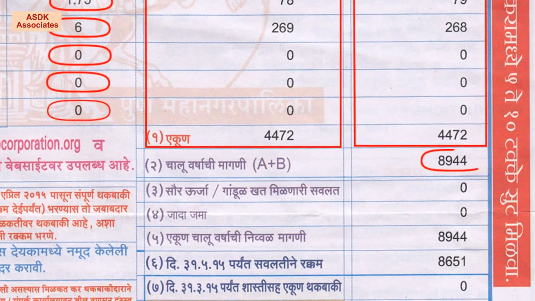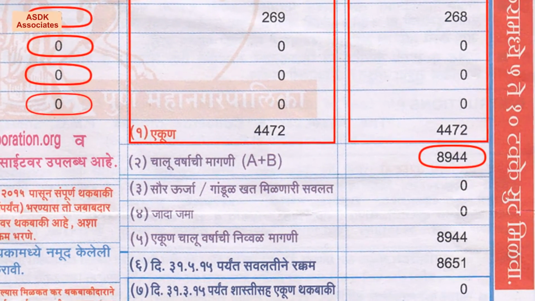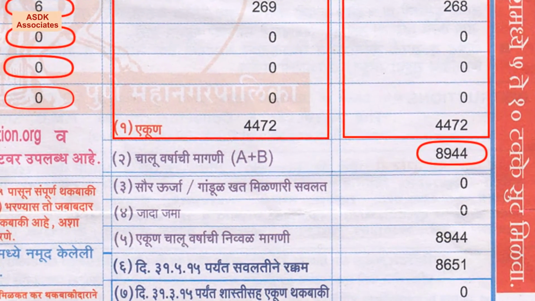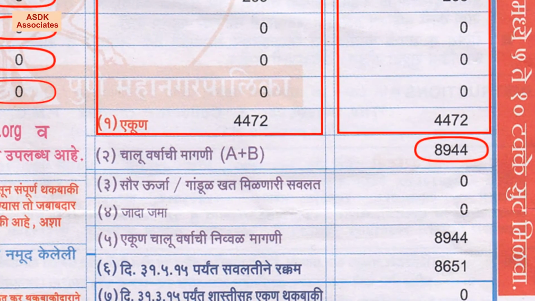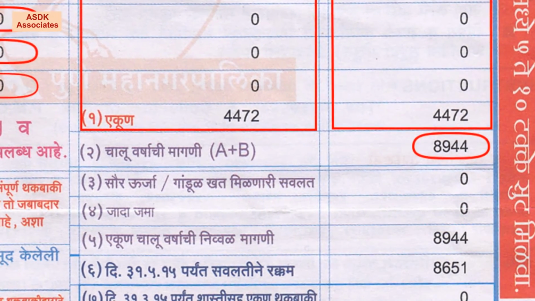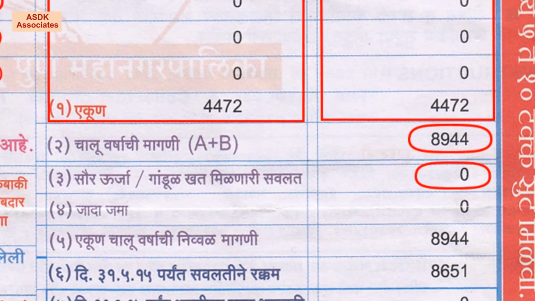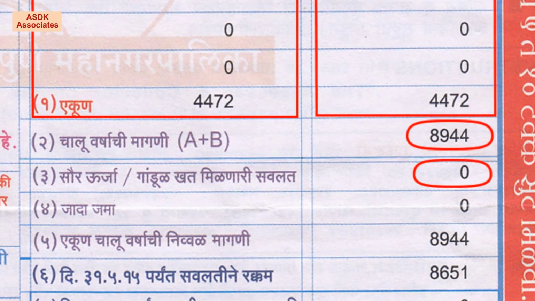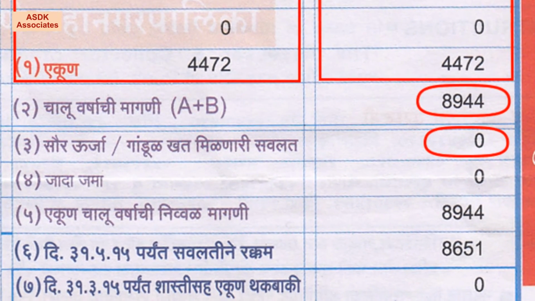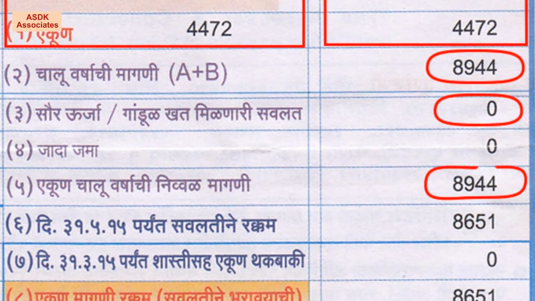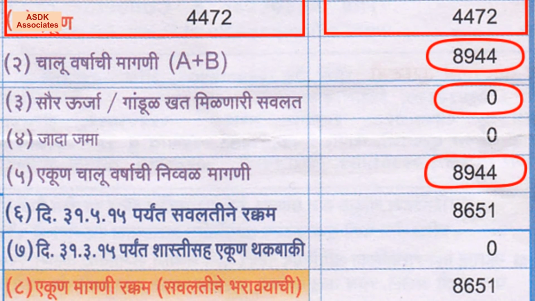The total of A and B is the total amount you are liable to pay in a year as your property tax bill. Apart from this, there might be arrears, penalties of 2% if imposed, and solar vermiculture discount if applicable, which constitute the property tax bill. Then you will find the net amount. Net amount is the final amount payable by the consumer.